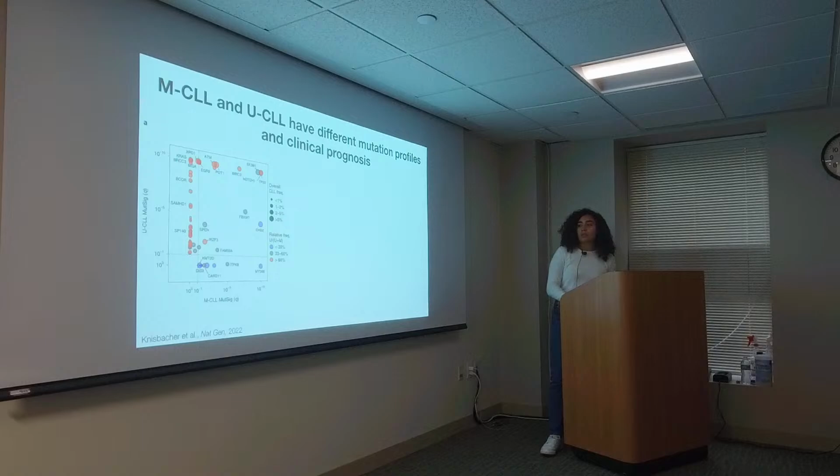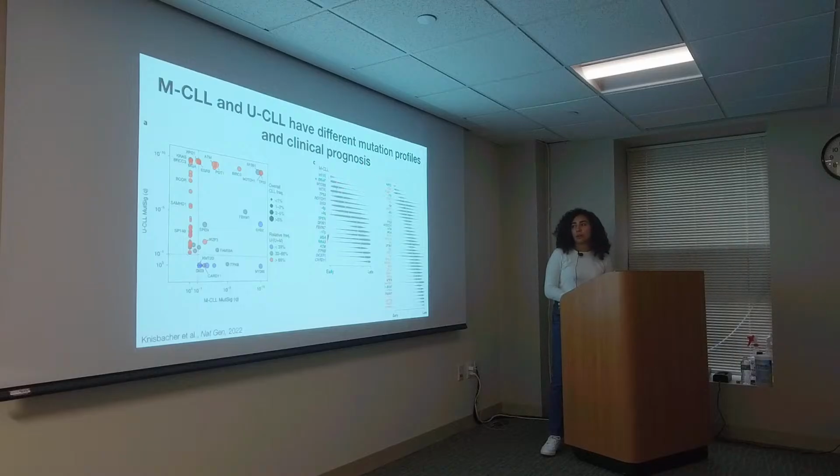And in this work, they also reconstructed the time in which these mutations happen. And so here in purple, you can see the mutated CLL and the unmutated CLL. The first thing that I want you to notice is that the unmutated CLL acquires many more mutations. And the other thing that I want you to notice here is the timing in which these mutations happen. So for example, here you can see trisomy 12 is the first one that happens in both of them,